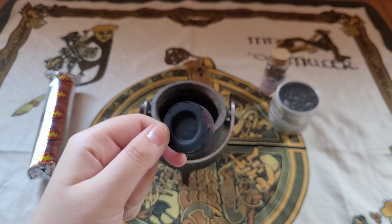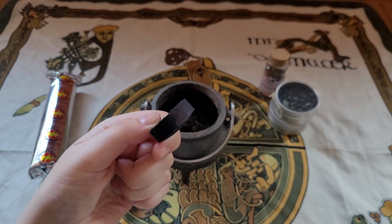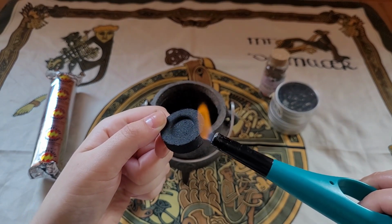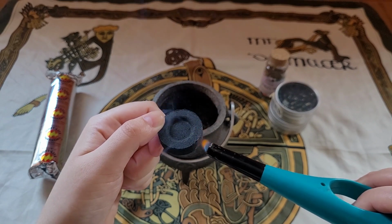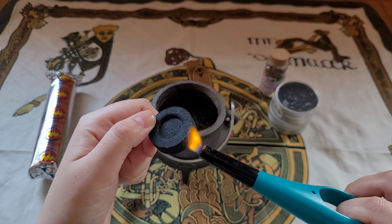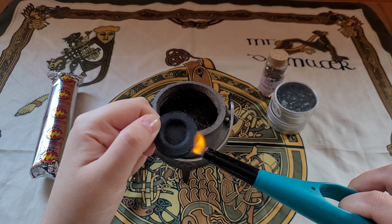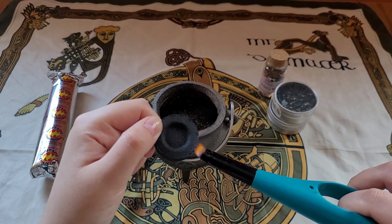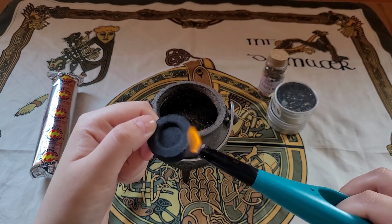There we go. And you may begin to feel the heat rising through very slowly, because obviously, as heat does, just be careful when you're holding it because it can come through quite quickly. But just keep this side lit and keep it going. Now I will come back once this charcoal disc is ready, but this is pretty much